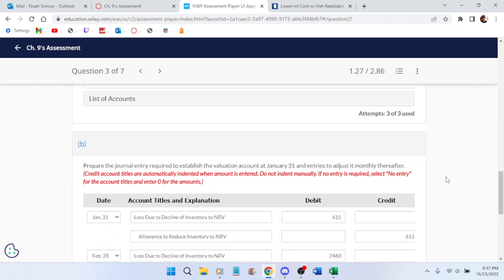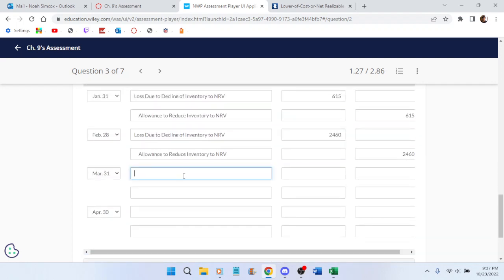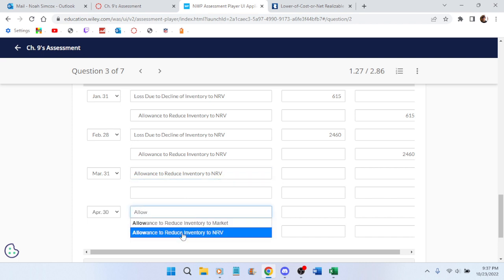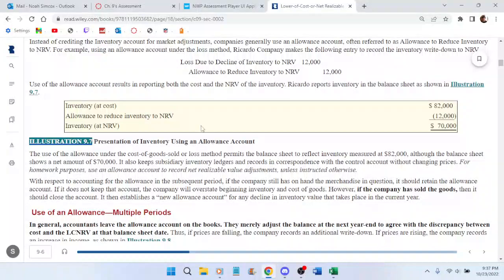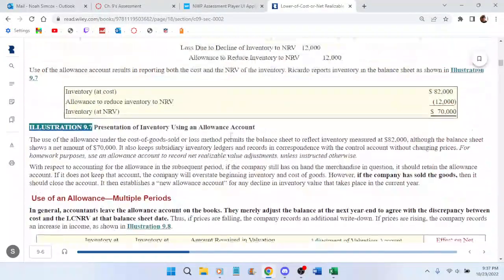And then the next two are gains, so you just reverse. And then if the other account would be...